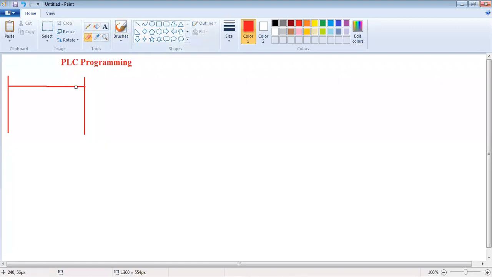We have to perform the ANDing operation. So see, this is your out coil.